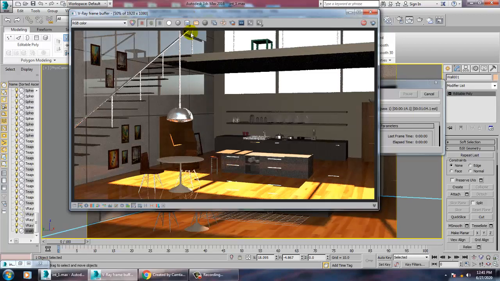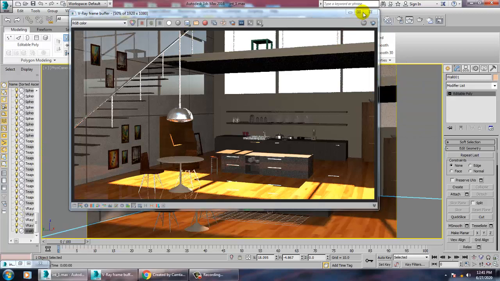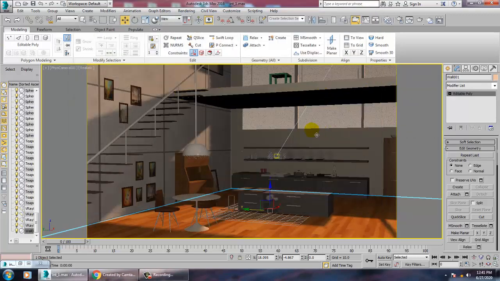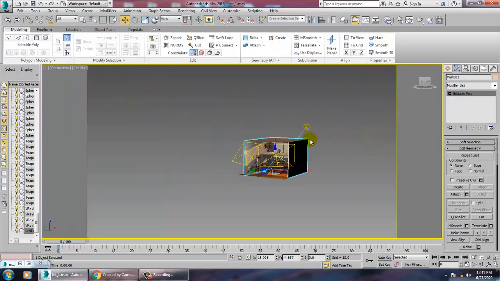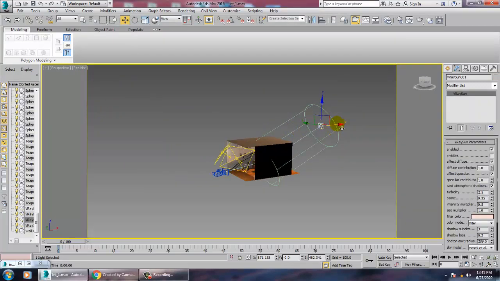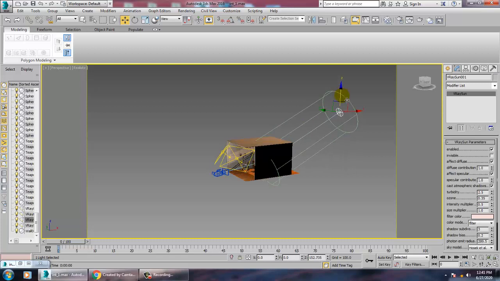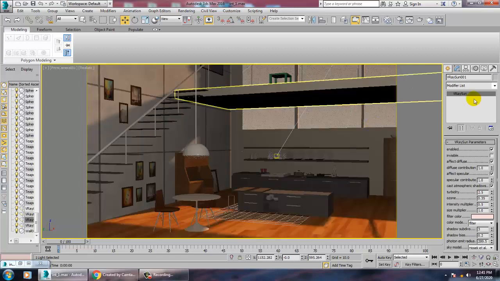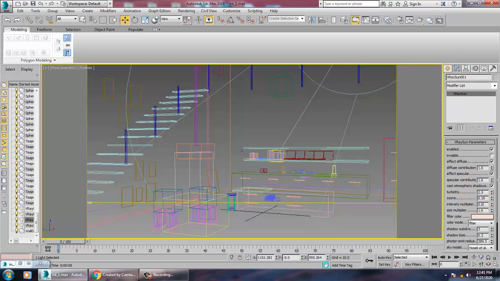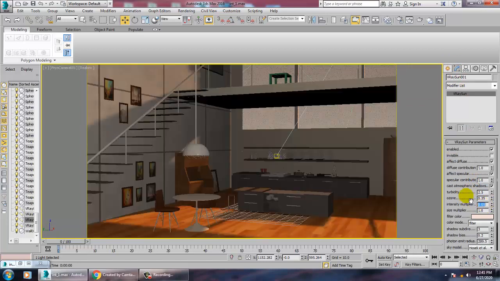The light emitting from this is your sunlight. Let's go back to the camera view, set the intensity multiplier to 0.05, and render to see how it looks.